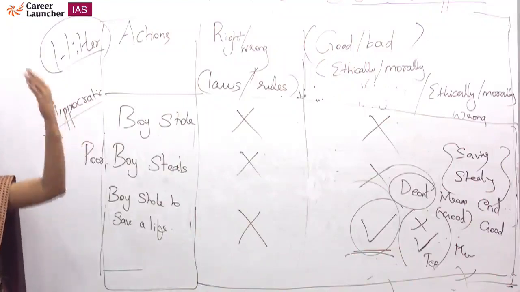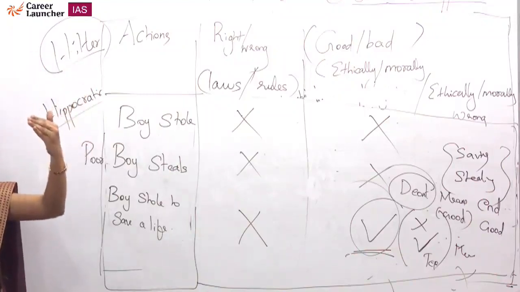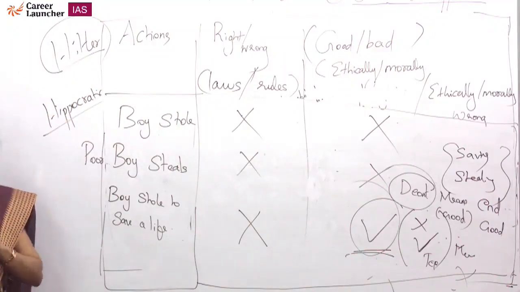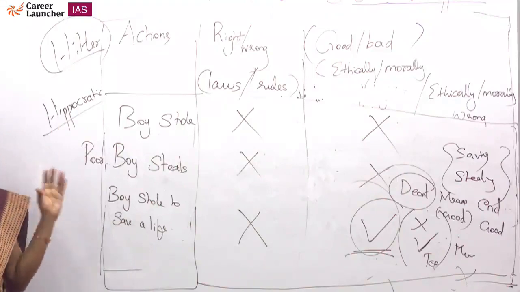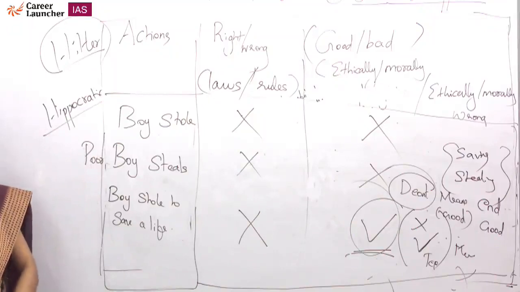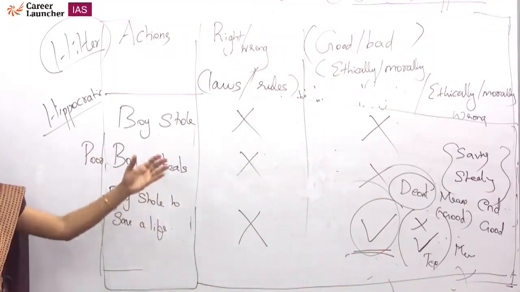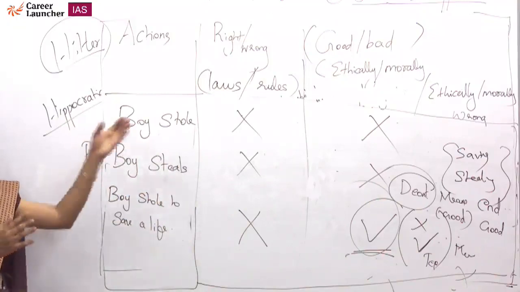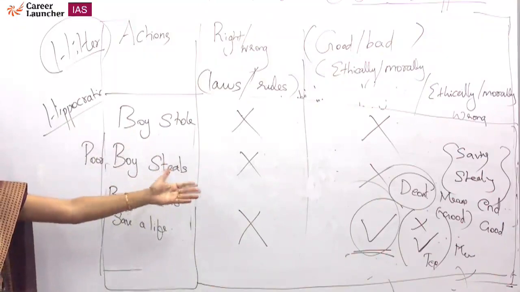When you are a child, you may prioritize something. When you have grown into an adolescent girl, you would have prioritized some other value. Now you are a UPSC aspirant, so now you have some value system which is unique to you, that I will follow this value system. Even though I have to become an IAS officer, I will choose only right means to achieve the end. I don't want to go the shortcut way. So there is some value system which each and every person has in their life. That is called values, and values combined are called ethics. Values are just a part of ethics, and in ethics we most probably follow the teleological ethics